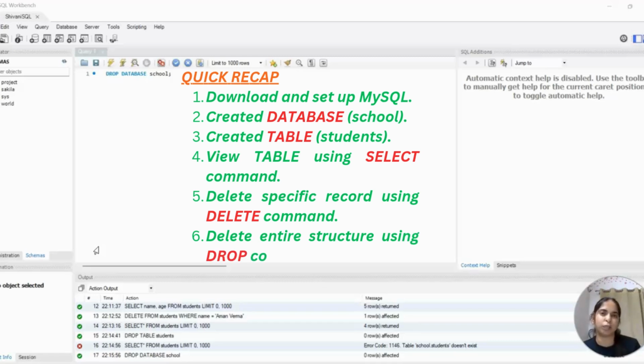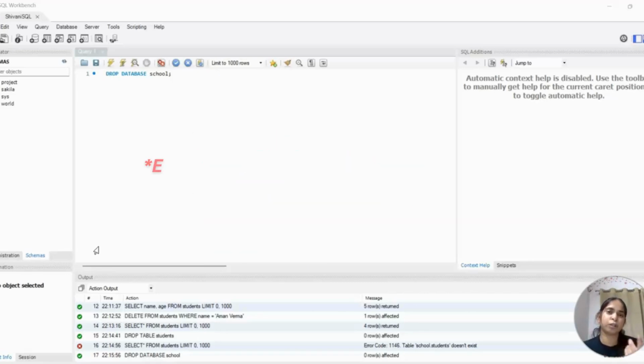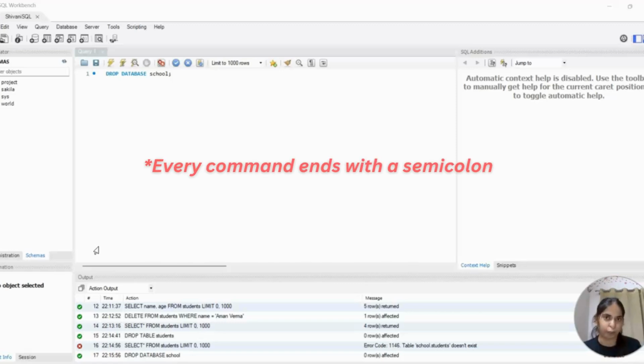We created columns, we created rows, and then we learned how to delete a specific record. Then we learned how to drop the entire table. And you also learned that every query ends with a semicolon, so that MySQL knows the command is completed.